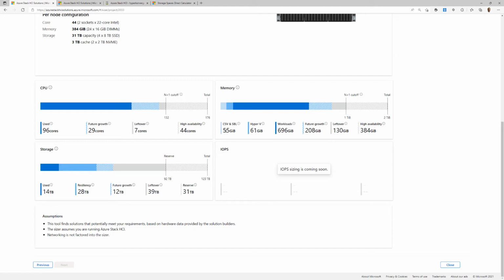Then we have the memory configuration. We see for the workloads nearly 700 gigabytes, future growth nearly 200 gigabytes, and the storage capacity. Here in this configuration, we can see we have the 3-way mirror. I've chosen optimized for performance. This is where we get full flash configurations regarding the drives, and we get the 3-way mirror, so 3 copies